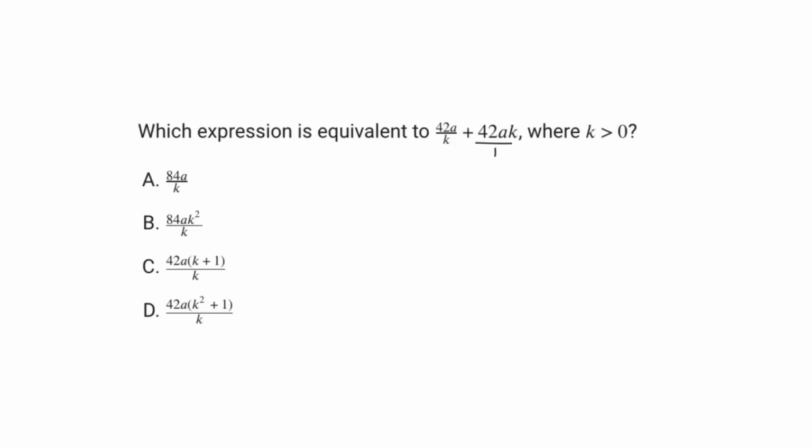And the common denominator is very simple for this problem. It's just k, right? So this right here just stays as 42a over k because it already had k in it. And we want to add, and we're going to multiply this 1 by k, right? So we're multiplying both the numerator and denominator by k. So we get 42ak